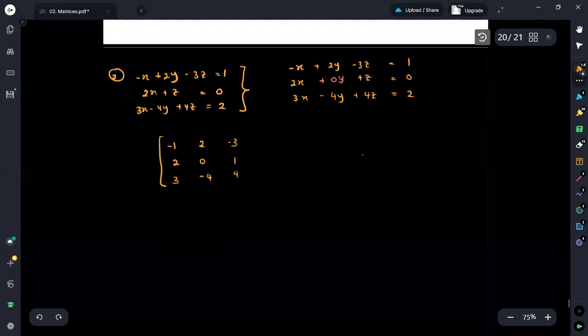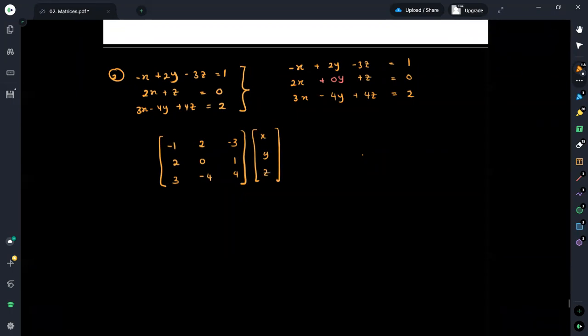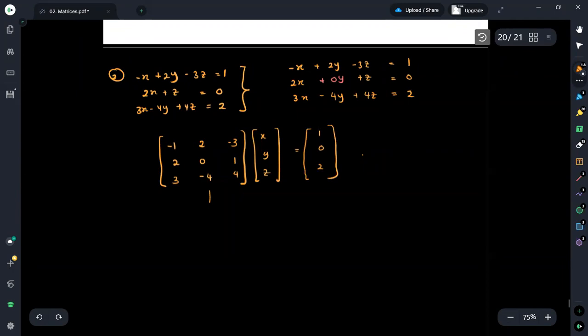Here we get this set of values as our matrix A, and then we can write down the variables X, Y, and Z. Once you multiply the set of matrices, you will be able to get the set of linear equations. Then this equals 1, 0, and 2. Therefore, here we can identify this as the matrix A, this as the column matrix X or vector, and this is also a column matrix B. Now we have converted it into the format that we need.